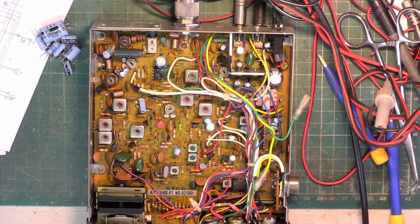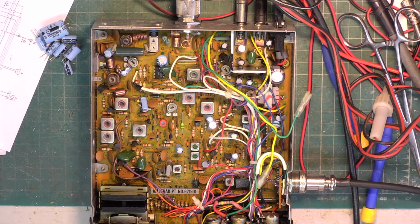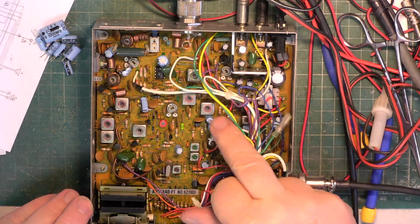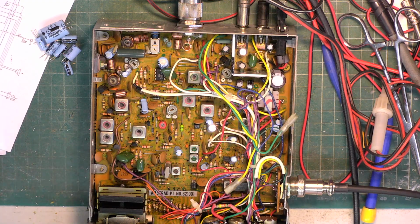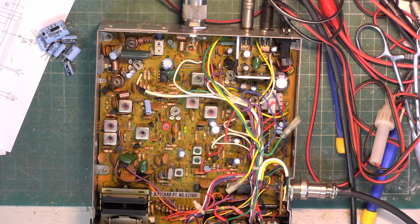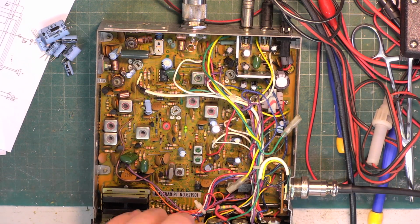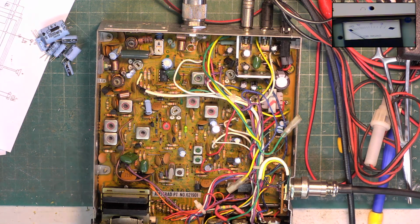Let's plug that in. So I'll just turn it over. You can see we've got all these Nichicon highest quality possible capacitors in the audio section, and if we switch to PA, we've no longer got that distortion. Testing 1 2 3 4 5, 5 4 3 2 1, 1 2 3 4 5. Yeah, that's lovely. So if I switch to picture in picture and we put the signal generator on,